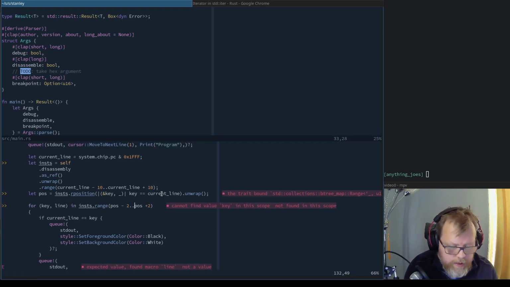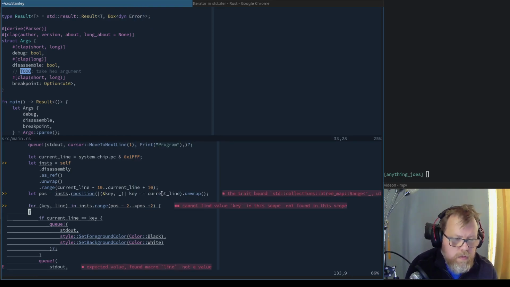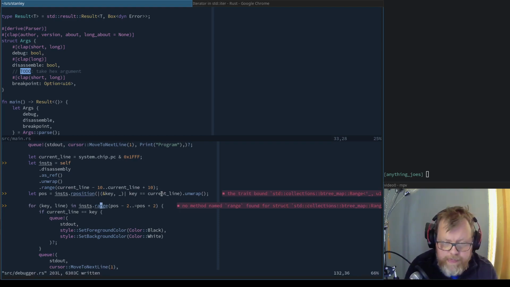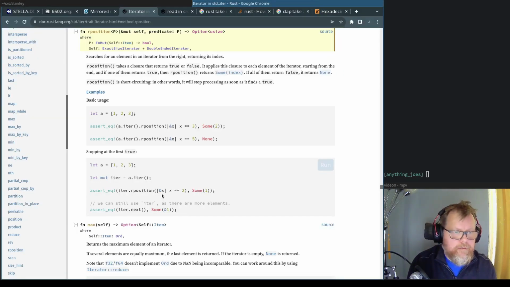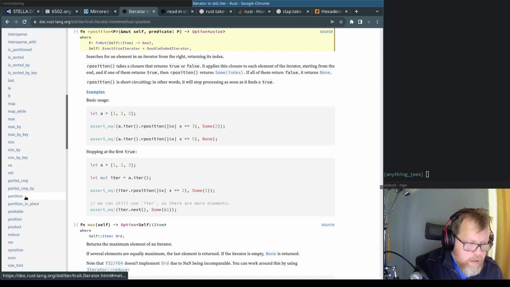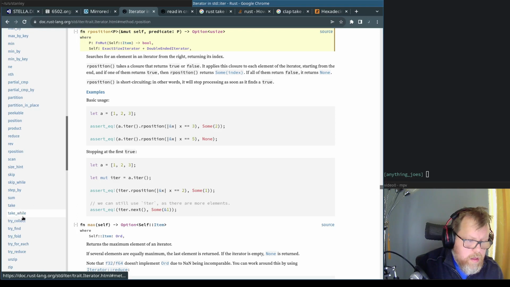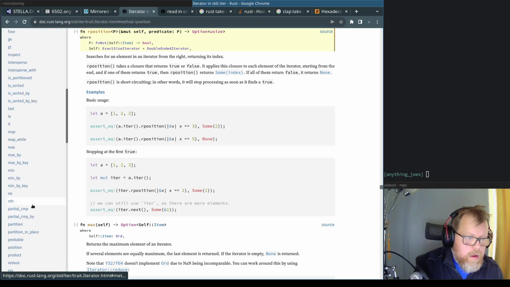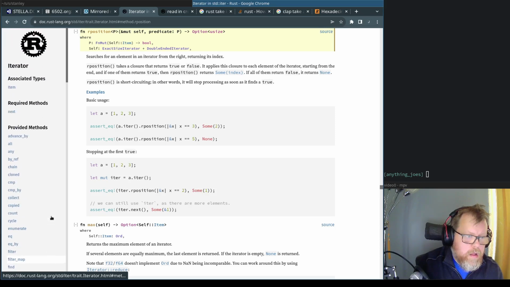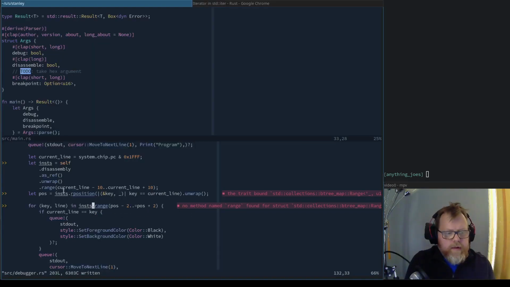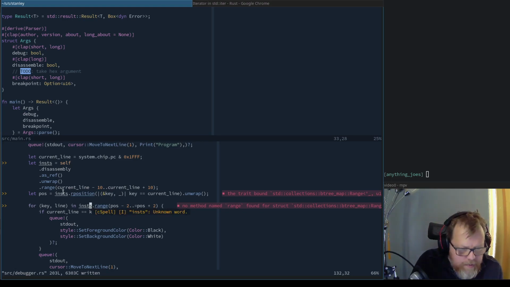I think that'll need to be an equals range. Need a slice, right? So okay, it's getting a little hairy, but we should be able to say something like